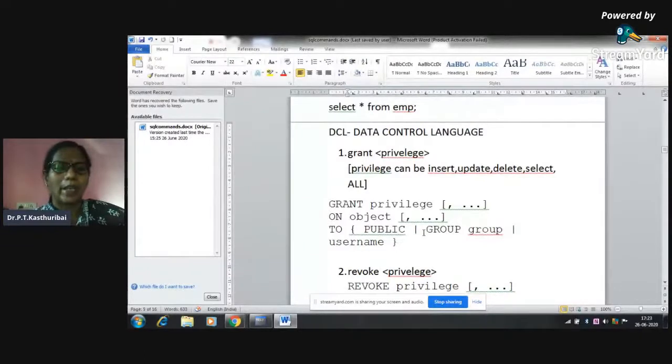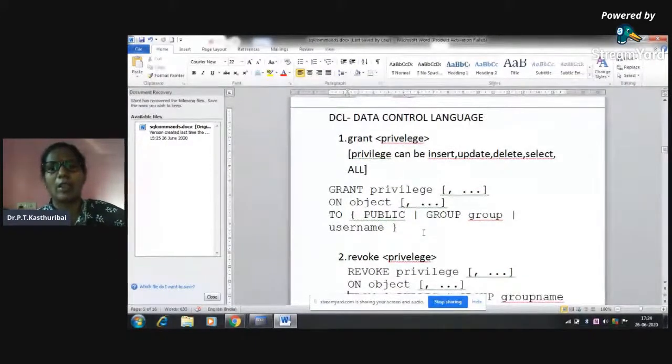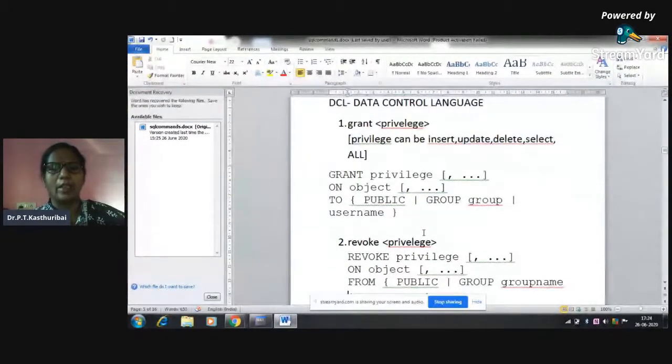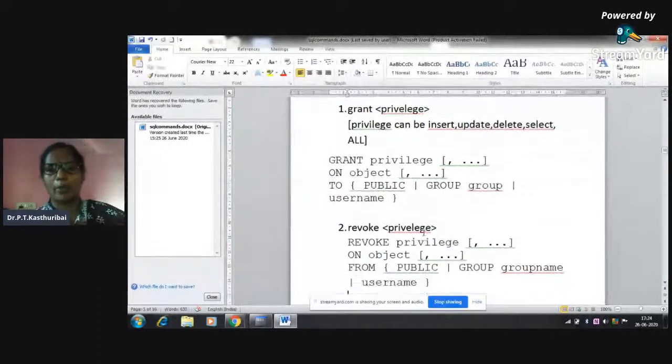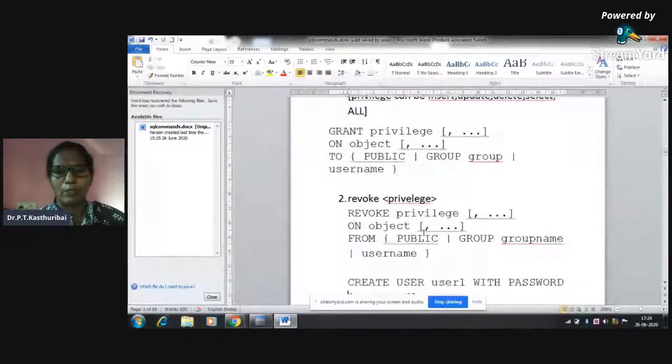Here, I would like to give a grant permission, grant insert on EMP table to user 1. The syntax is grant privilege on the object to the user. Similarly, if I want to take out the granted privilege, I can give revoke privilege on the object from the particular user.